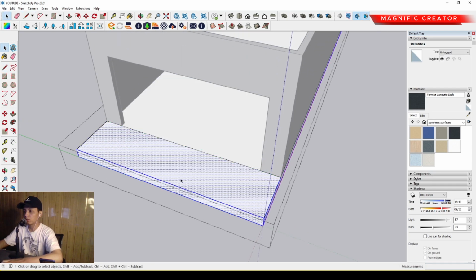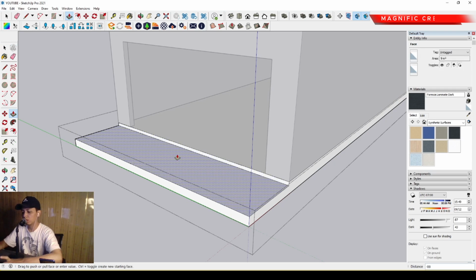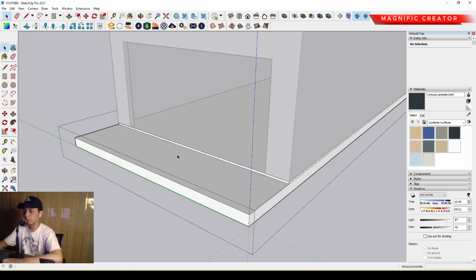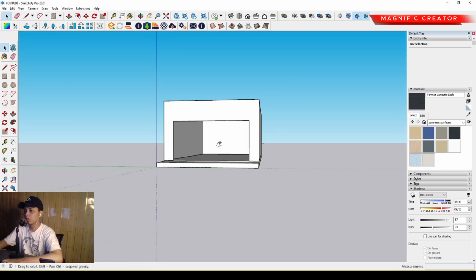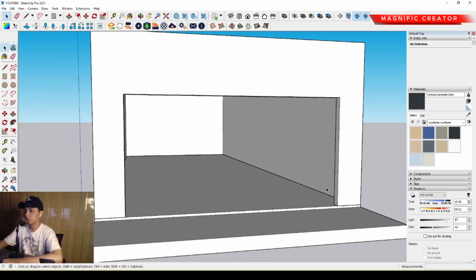And then we can delete some unnecessary lines over there, and we can also separate this floor, the indoor floor and the outdoor floor, with an elevation of around 50 millimeters. Okay, and after that we can also make the